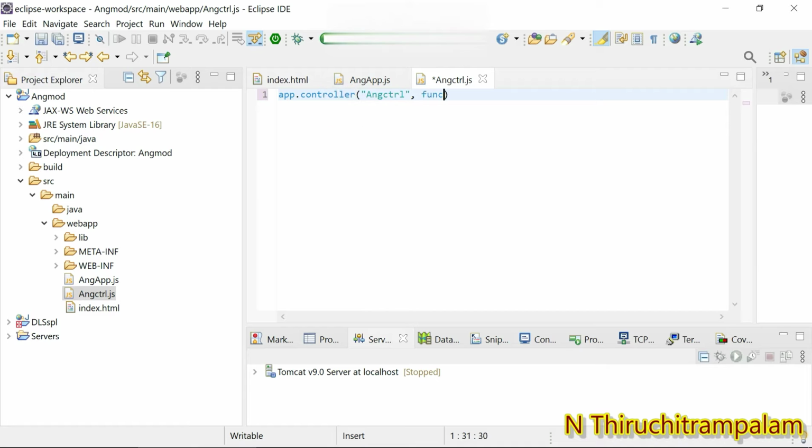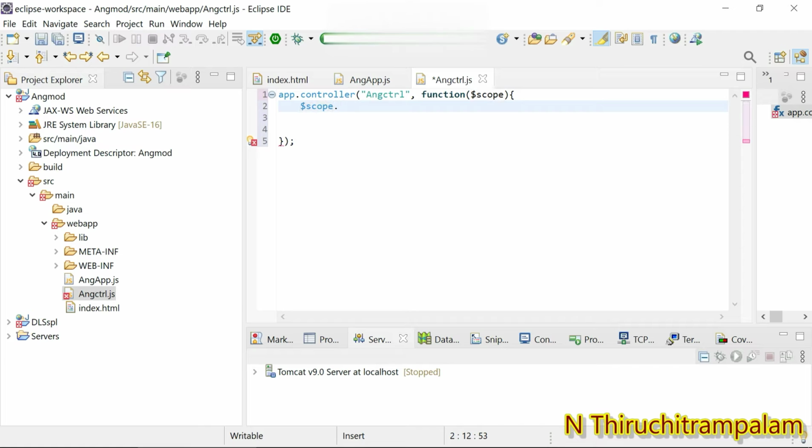And then I just create the function, which has a scope argument. Okay, so in this I create a property in the scope object.